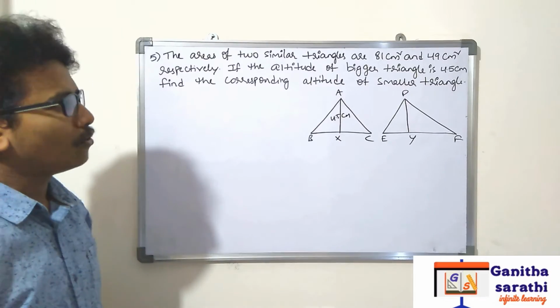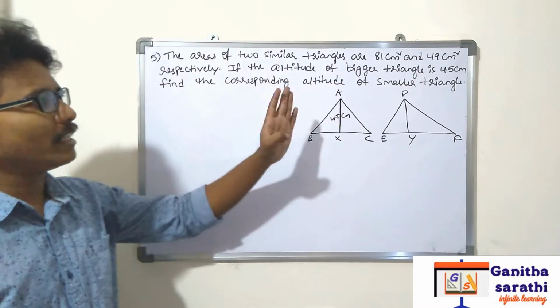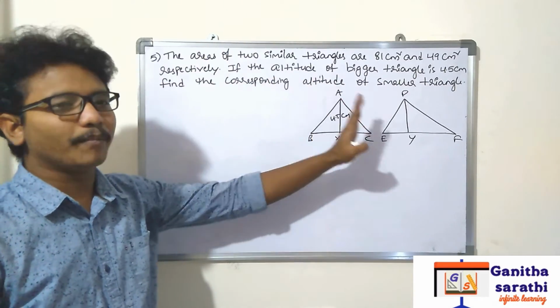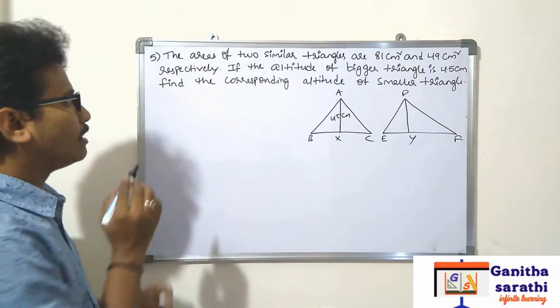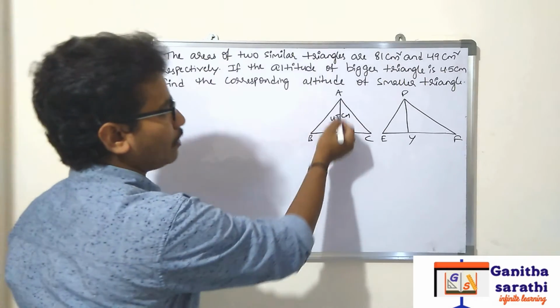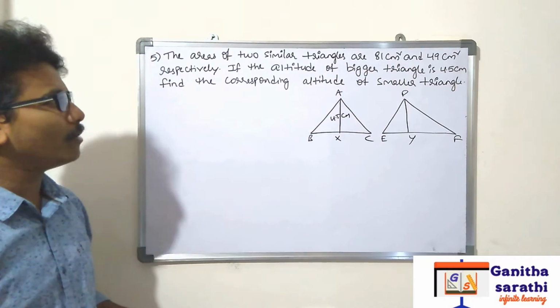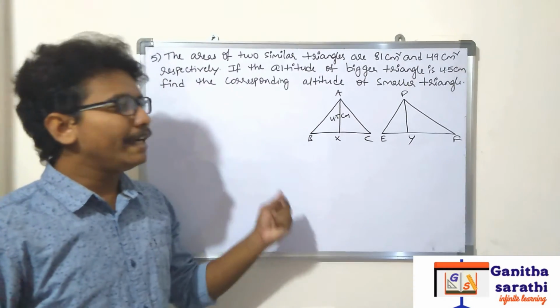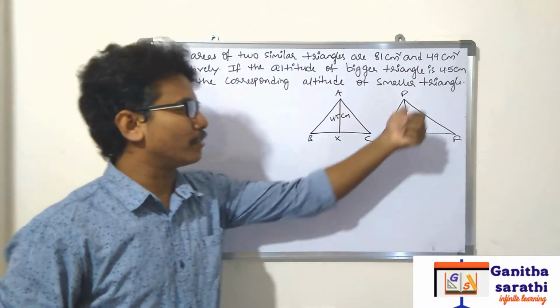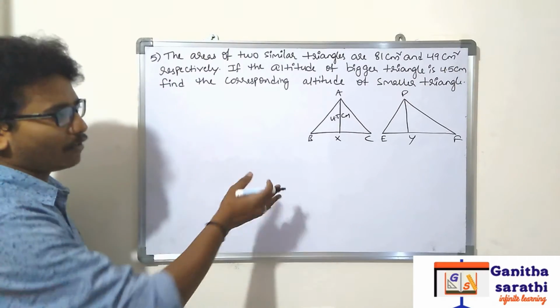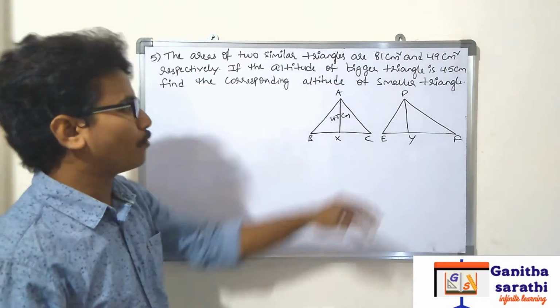Okay. So now he is giving that they are similar triangles. So similar triangles means we know the theorem. What is the theorem? We have to find the altitude. In the previous third problem, I have proved for you the corresponding medians. In the same way, we are taking altitudes here. The same process. Okay. You can watch that and you can refer to this problem again.